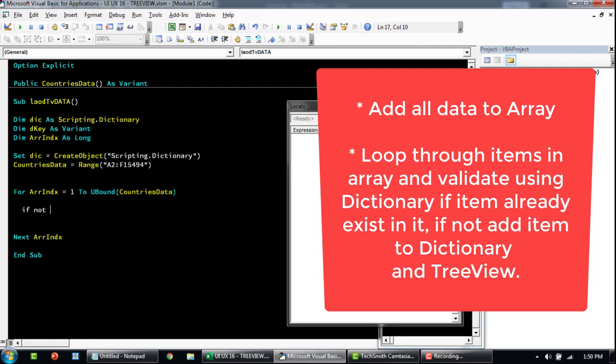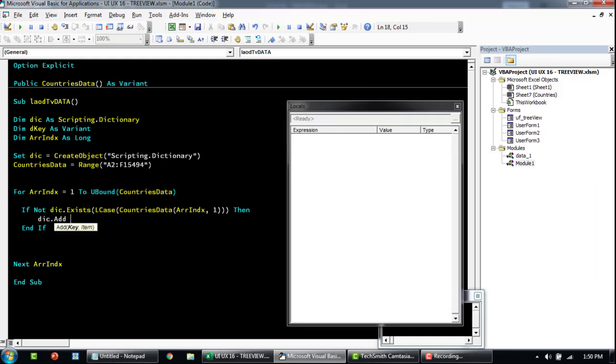First, we're going to say if not, and then we'll start using our dictionary exists. Then here we'll just say this is our key, and if it doesn't exist, then we'll say dictionary, we're gonna add, and then the key and then the item. So we'll say this is our key, and then we can just leave this like this. Basically this portion is going to validate if the name of that particular continent exists in the TreeView at that point of time. If it is not, then it's going to add it to the dictionary, and at the same time it's going to add it to our